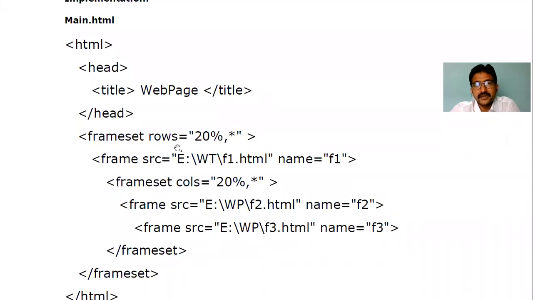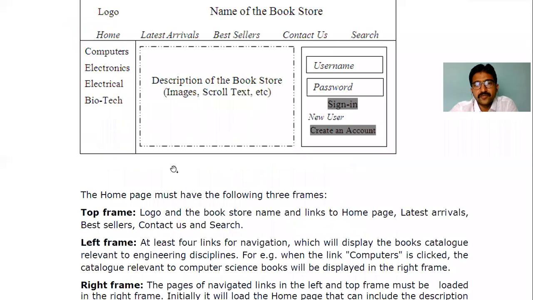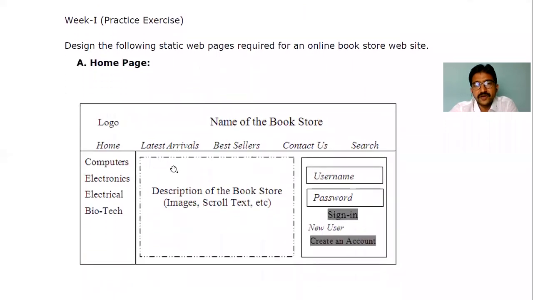Now immediately we have to fit in the first row, that is, we have to set a frame. What frame are we going to set there? We need to set a logo, a title, home, bestsellers, and the rest of the links. That totally is frame 1. What has to display over there? We are writing an HTML page again for this. For the total page, this is frame 1.